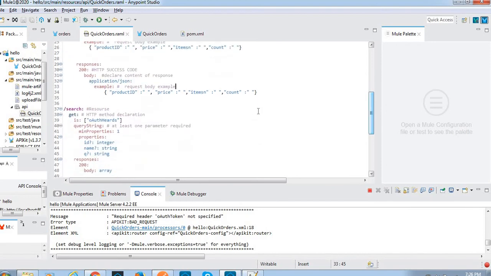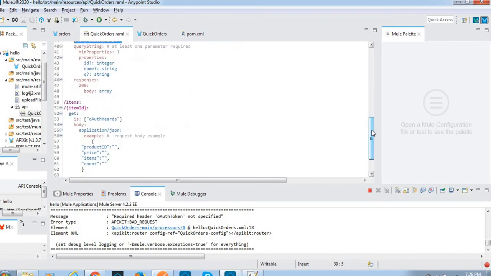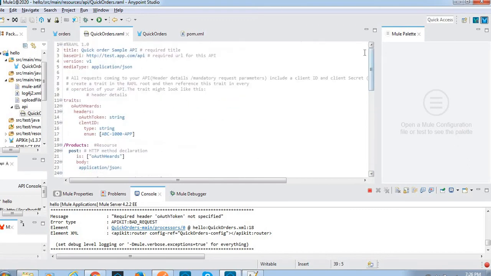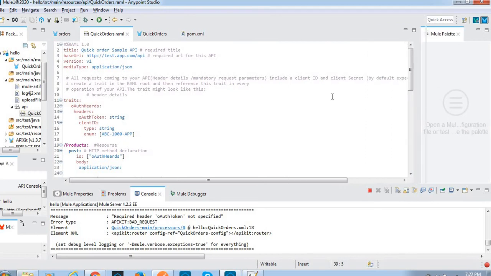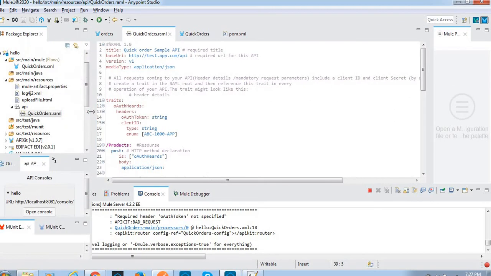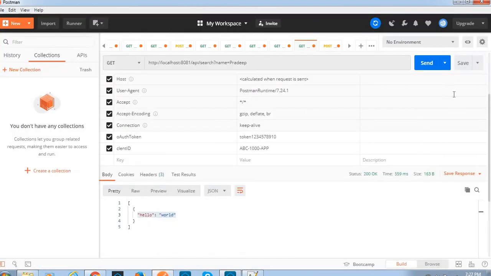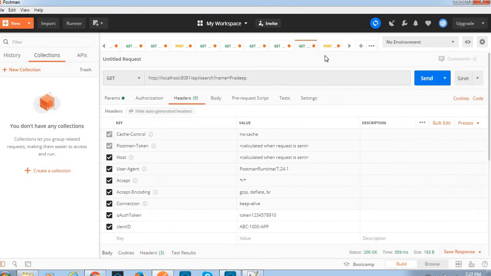For get method we have to provide the OAuth headers in the header section, and if we require any query params we have to provide those details also. This way we can create the RAML file, and we can import that RAML file, and Mule will automatically create the flows for us using API kit router. In Postman we can make multiple requests.